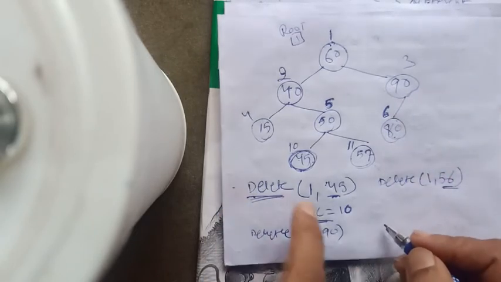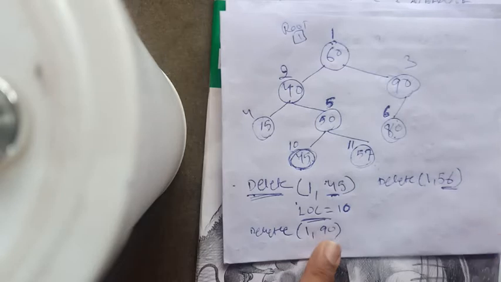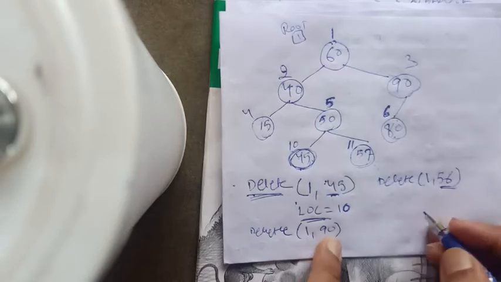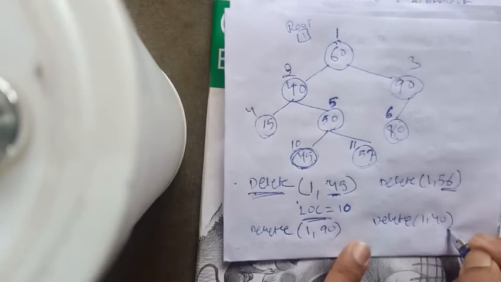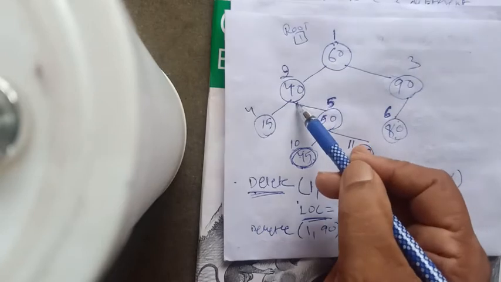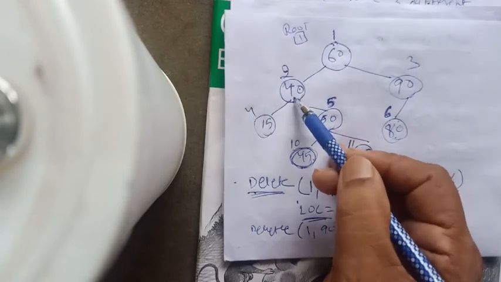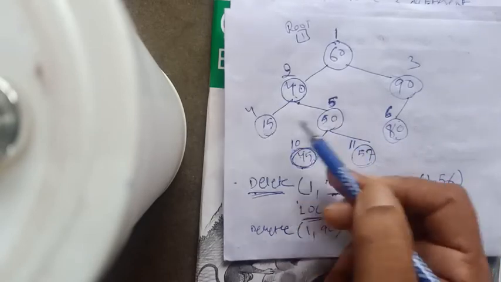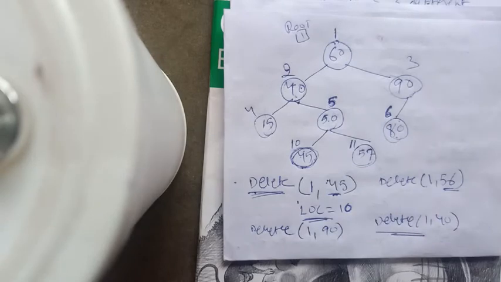And the third case suggests that the item that is located in a node, that node may have 2 children, both the children. Let's say I will ask you to delete 40. So again the search operation will be conducted and we will reach here at 40. So now this node will be removed. Now this node has both the children, left as well as right. So this is another case. So there are 3 different cases of analysis. So we will examine all these 3 cases.